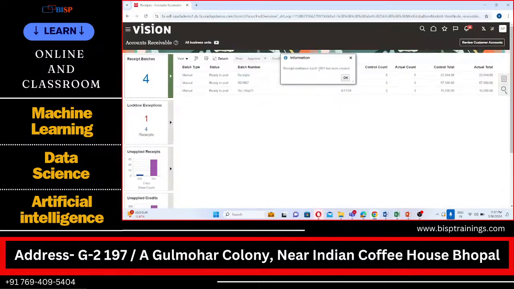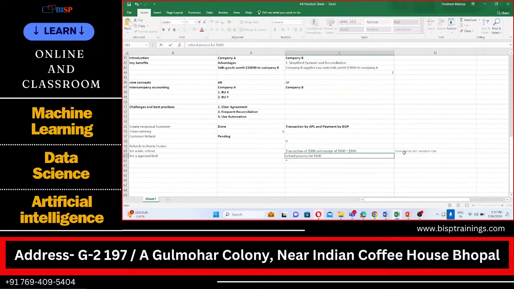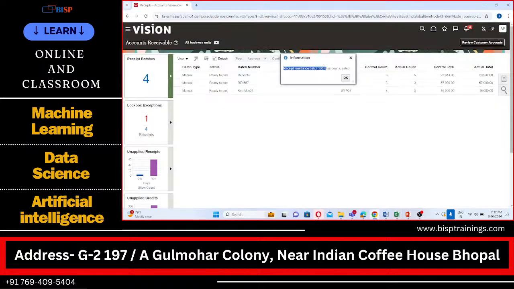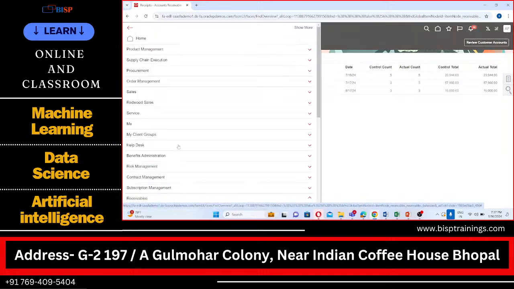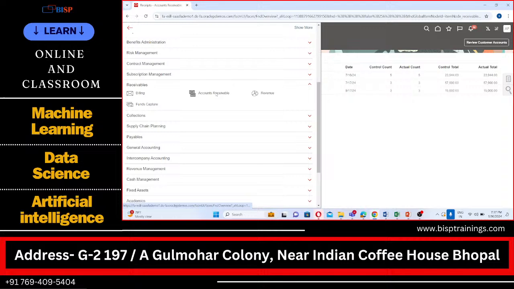Okay, receipt batches, receipt remittance and batches. Even though we'll not use this, if we get stuck somewhere, we'll try with this remittance batch. So now click on OK. Once again go to the account receivable. Okay, let me show you. Go to navigator, once again go to account receivable, and